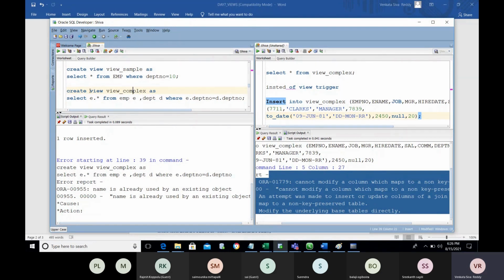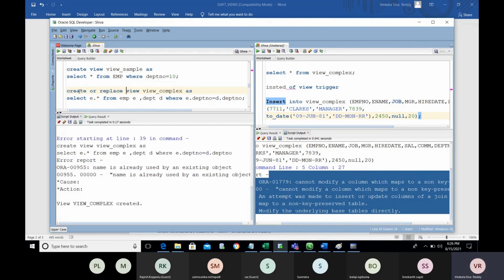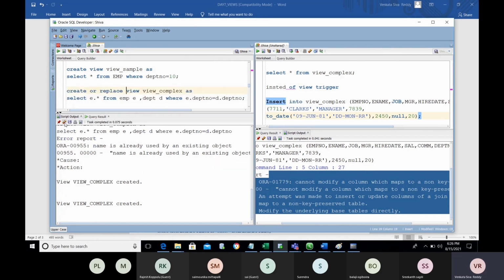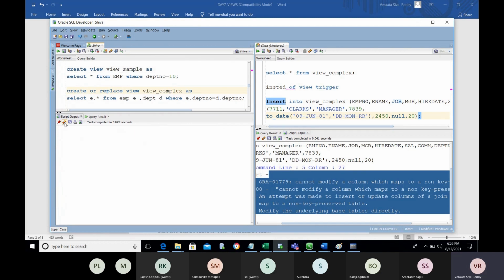So no need to drop and create here. Simply mention create or replace. This helps you recreate. It drops the object first while creating, and then recreates.